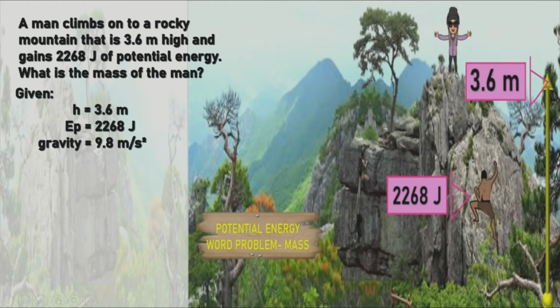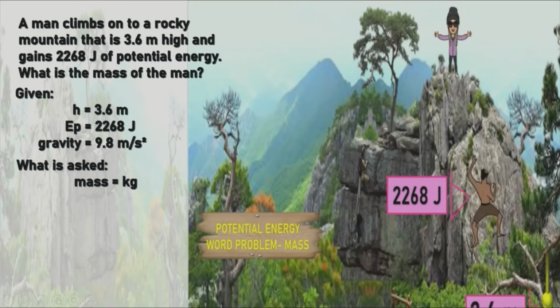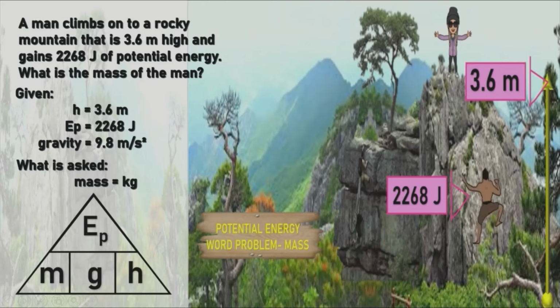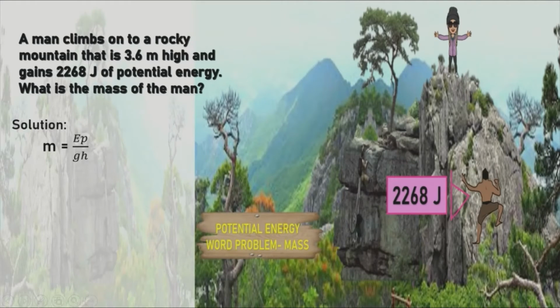Upon taking note of the given, look for what is asked in the problem, which is mass in kilograms. Knowing that the missing variable is mass, we can use the triangle method to easily find the solution. So, covering the symbol of mass, we are left with potential energy, acceleration due to gravity, and height, showing vertically, which means division. Therefore, the formula for mass is potential energy divided by acceleration due to gravity times height. Next is simply to substitute all the given data, so we have